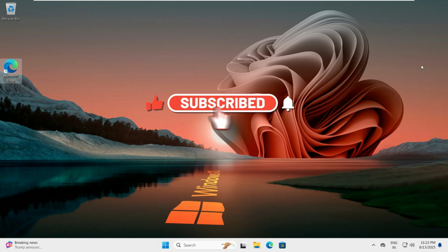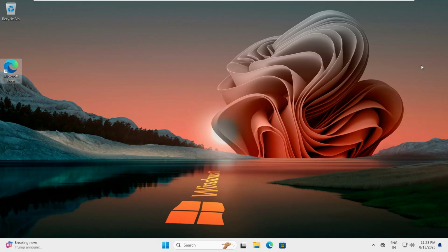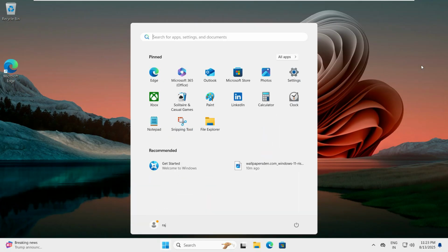So how can you disable a local user? Okay, so how can you disable the user, not delete. So how can we do that? Go to the start bar and search here